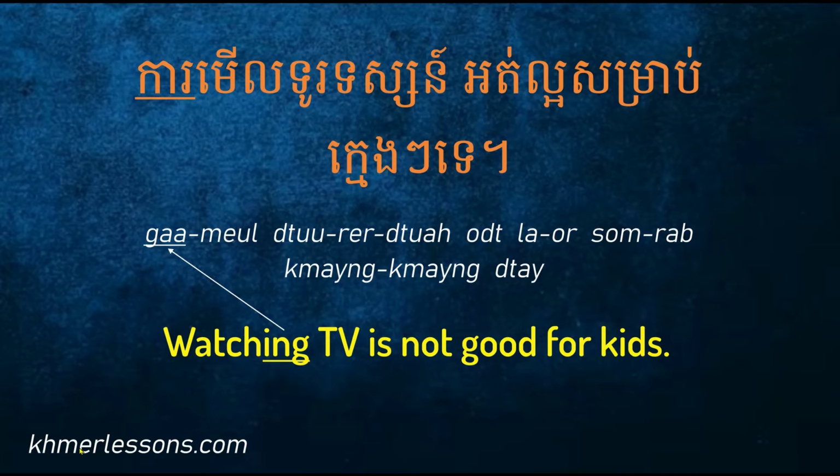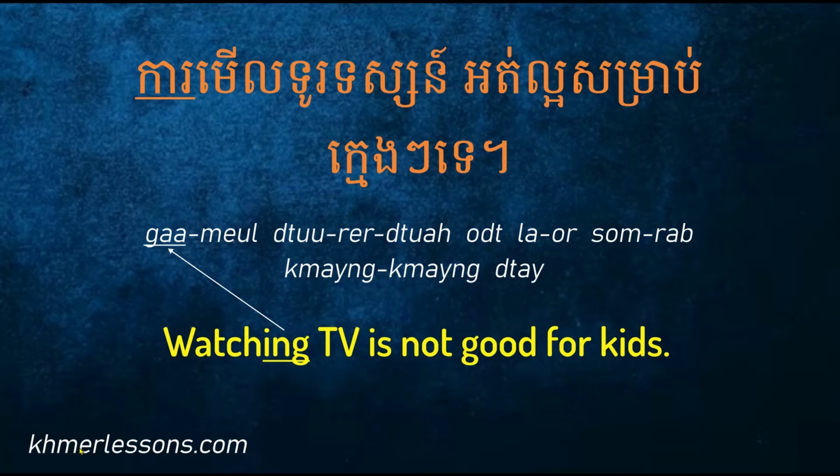Tu. Lor is good. អត់ល្អ not good សម្រាប់ for ក្មេងៗ បាទ so I use it twice, it means we use it in plural បាទ in English you say kids, in Khmer we say ក្មេងៗ ណា បាទ we don't have s and then we say that word twice okay now let's say again watching TV is not good for kids ការមើលទូរទស្សន៍អត់ល្អសម្រាប់ក្មេងៗទេ